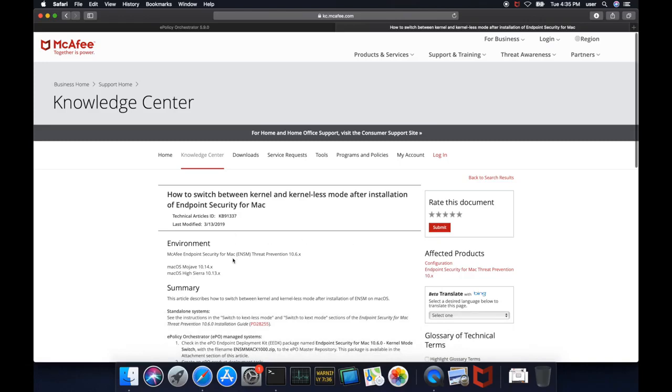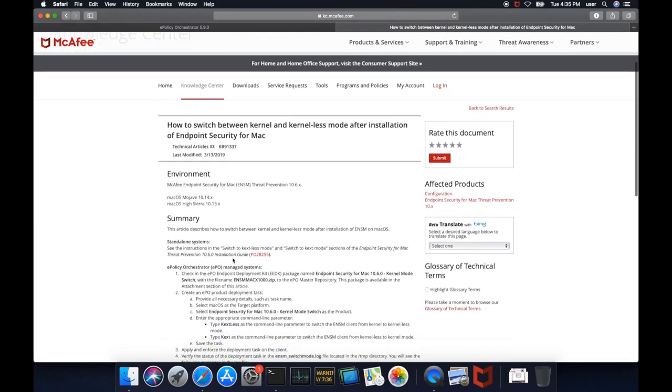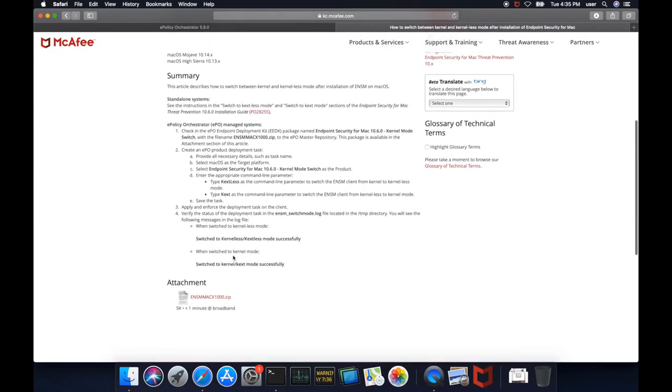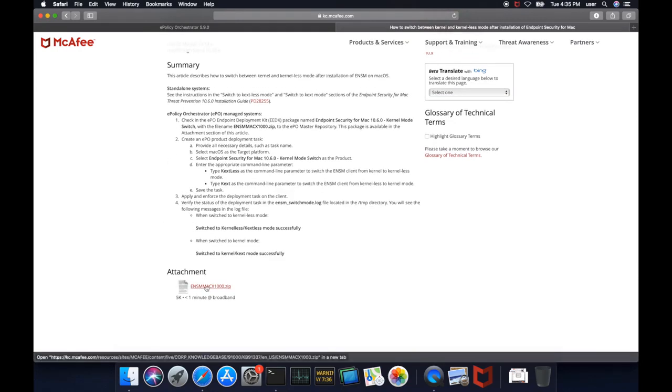This KB article has detailed steps on how to switch from kernel to kernel-less mode using the AADK package. The AADK package is also attached to this KB article. Now let us download the AADK package onto the Mac.